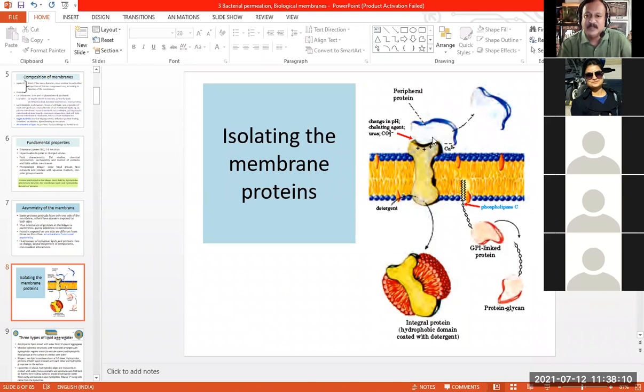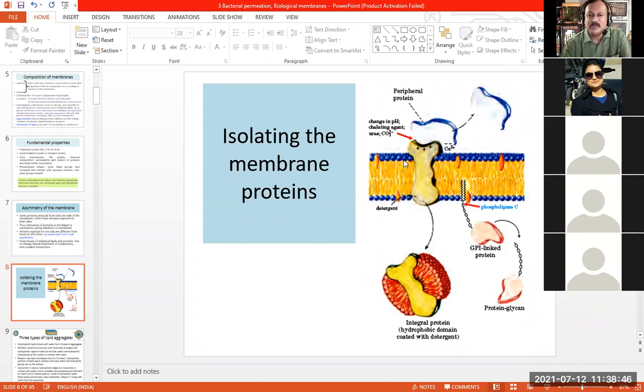And there are certain proteins which are on the periphery of the membrane. You can see this one. It is associated with the membrane, no doubt, but the association is very weak. And therefore, by using certain mild treatments like mild detergents, of course, these proteins can be easily removed. Even a slight change in the pH, or a slight change in the salt concentration of your buffer used for isolating the protein, with that slight modification in your buffer, these proteins can be easily removed from the membrane. So these are called peripheral proteins.